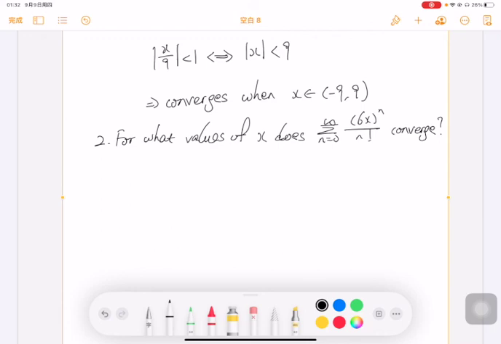For any fixed x, suppose that x can take any value on the real line, then 6x is just a number. It might be a very large number, but it's a fixed number nonetheless, right? So essentially the numerator is a number to the nth power, and the denominator is n factorial. So what does that mean? That means for every term, you're multiplying the numerator by this fixed number 6x, but you're multiplying the denominator by